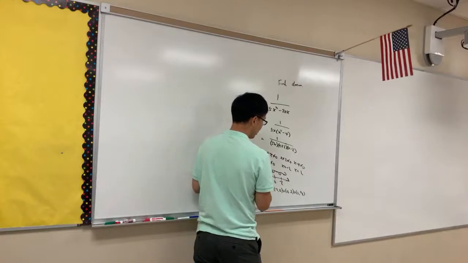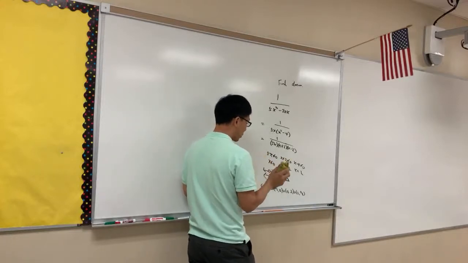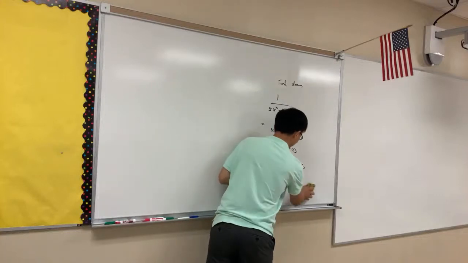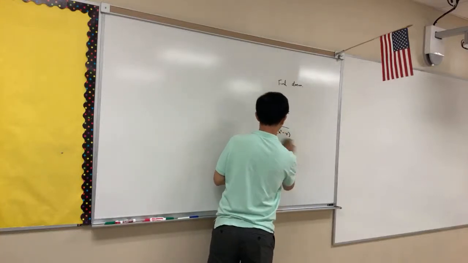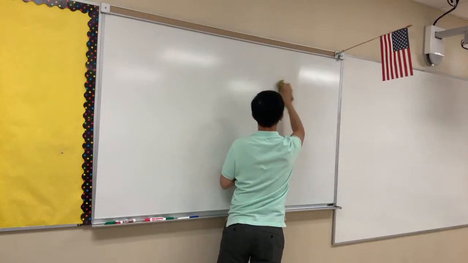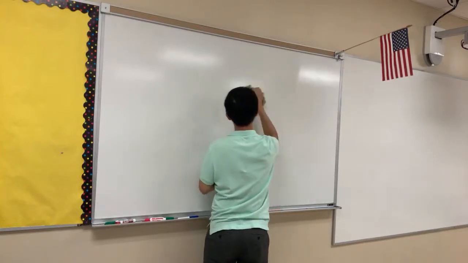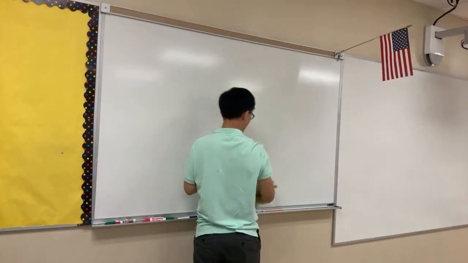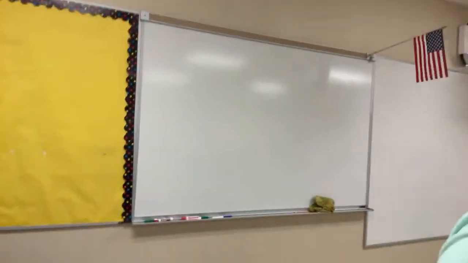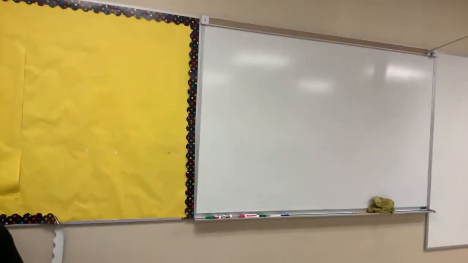So radical, rational, logarithms, and trig, especially functions like tangent, secant, cosecant, but not sine and cosine, because sine and cosine are smooth. Question about this part. Okay,